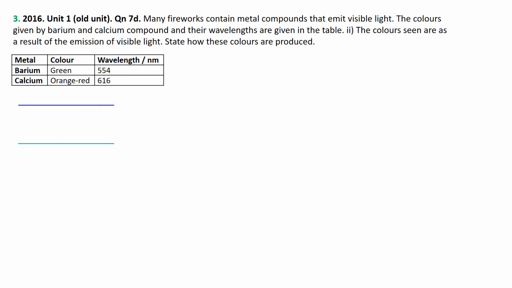Well, we already talked about the general idea for emission spectra. So let's take an electron in, for example, barium, and it starts off in its ground state. We give it some energy and we pop it up to its higher energy level there. Now at this point it's unhappy and it wants to give out energy, lose some of that energy and